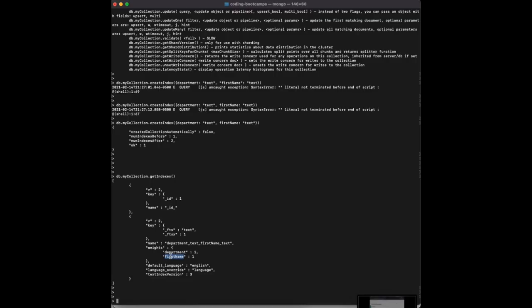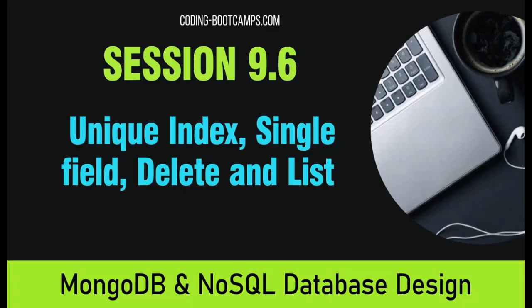It really just depends on the application. But that's something to think about. Again, it gets a little more complicated and advanced as you get into this type of concept in databases, but it's definitely very useful, and I highly recommend you read more into compound indexing. So with that said, we will close